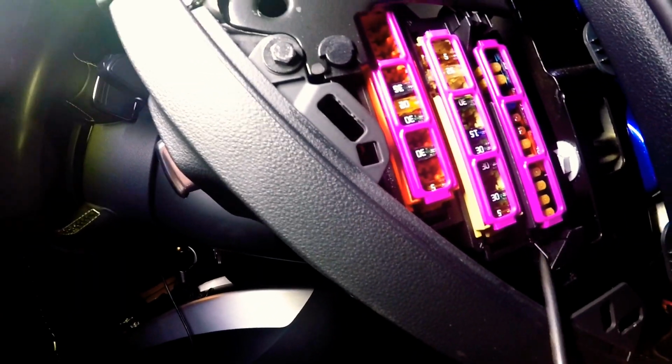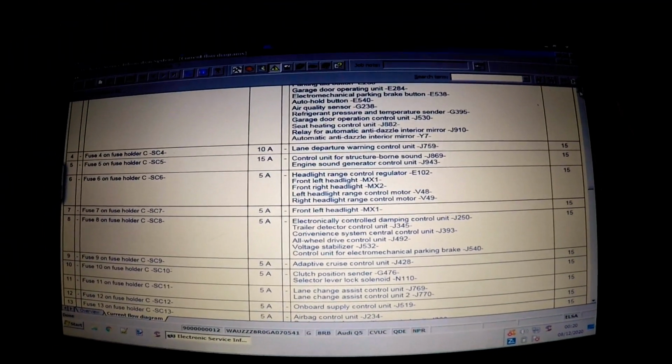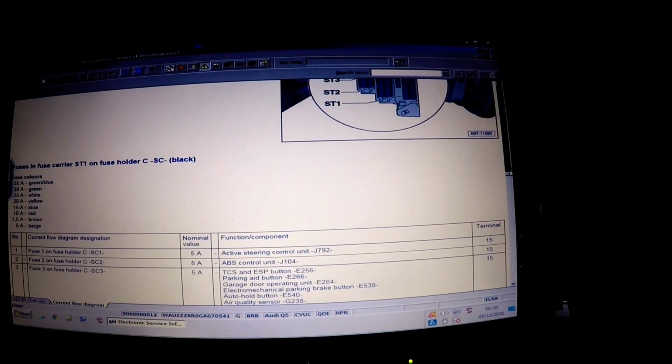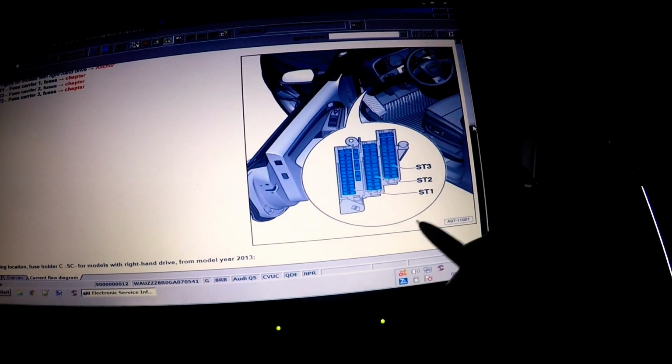Okay, what did we say? It's ST1. Let's see, I think it was the 4th or 5th up. Let me go and look at the diagram again. So there's the go up, is it the lowest one? Let me see. Back up on this diagram. I don't know if I can drag that. Dragging it. Oh, I knew that was going to happen. Right, ST1, which is